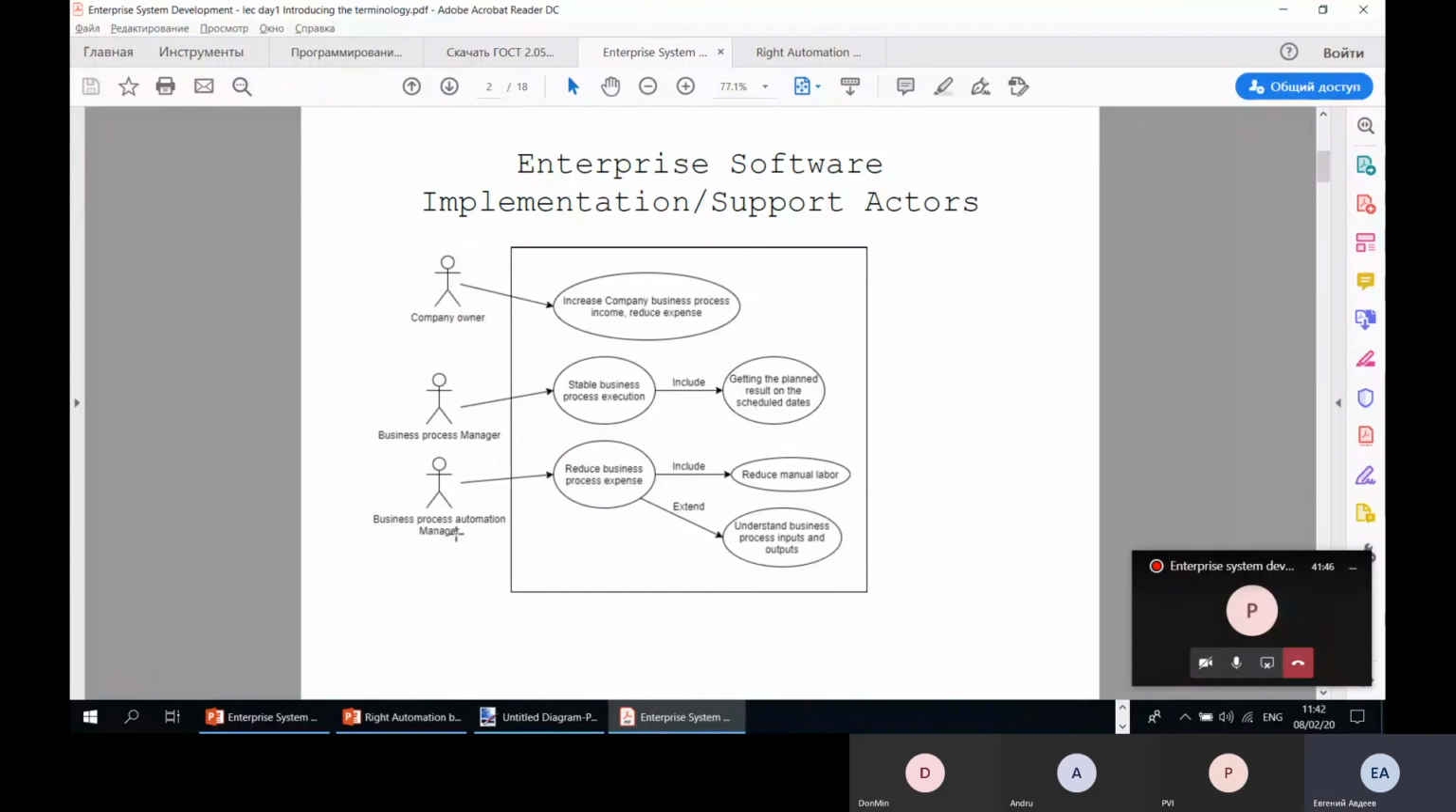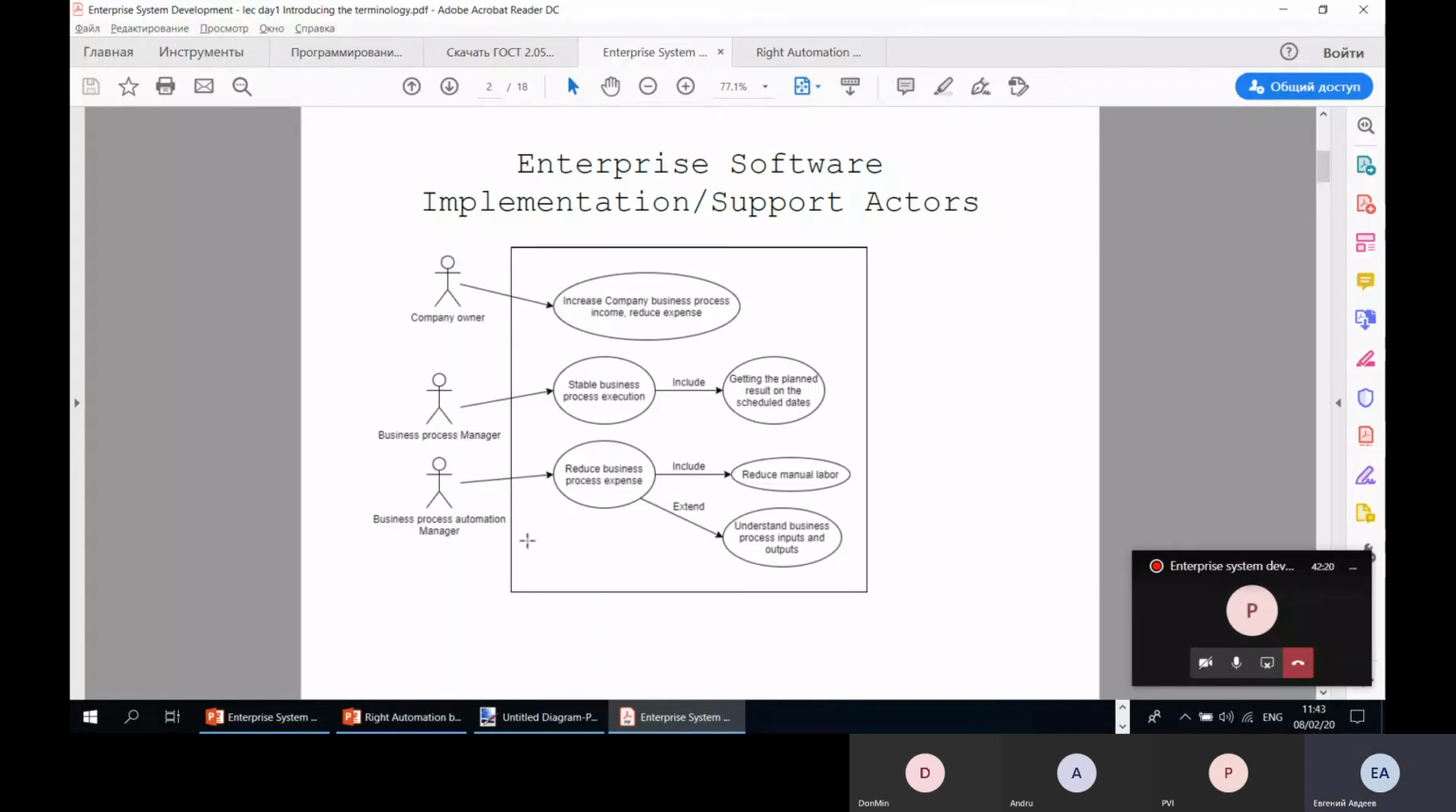So the business process automation manager is not making solutions from zero. He uses some ready instruments, which have to be customized and implemented in the enterprise, but are not made from scratch. And what is the problem? The problem is because